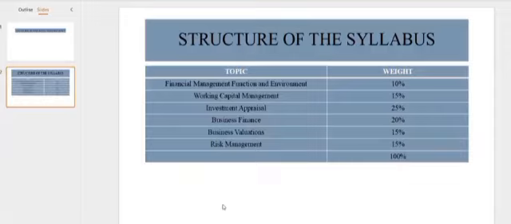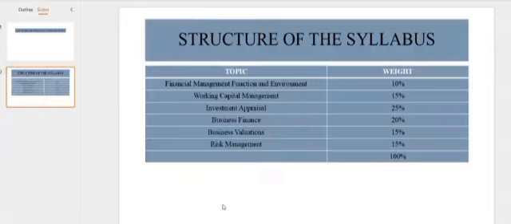So also, talking about financial management function and environment, we can have the case of a not-for-profit organization, that is, organizations that are not out to make profit. So we need to learn how financial goals differ in charities or NGOs, that is, in charity organizations and NGOs. And also we need to understand the economic environment, that is, understanding how government policies like tax and interest affect businesses. That is looking at the external environment of the business.